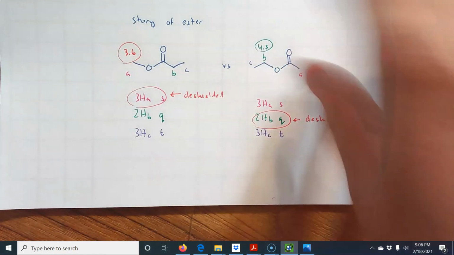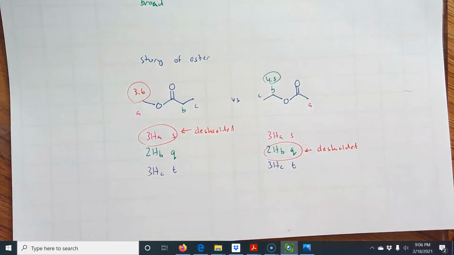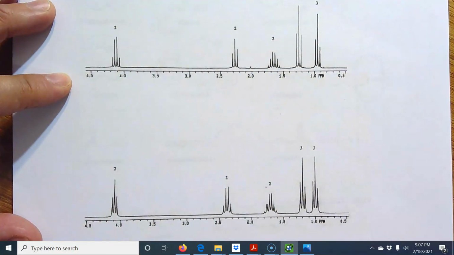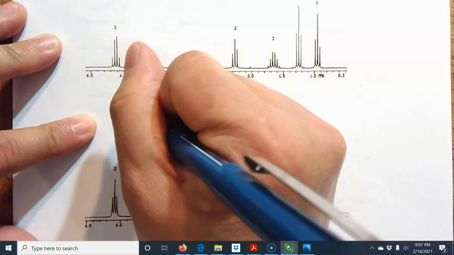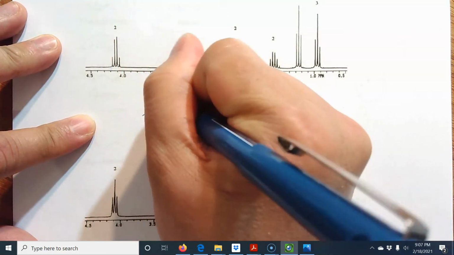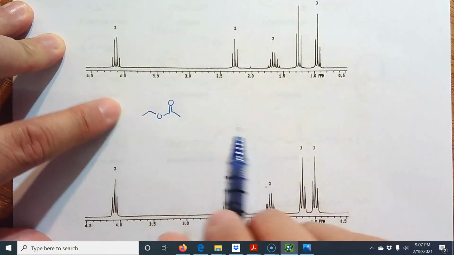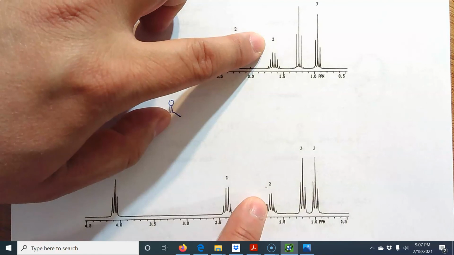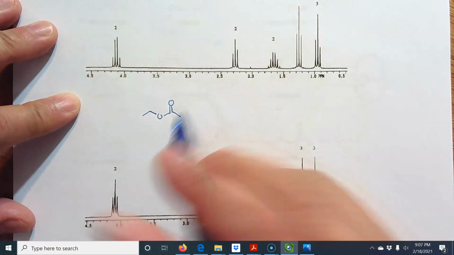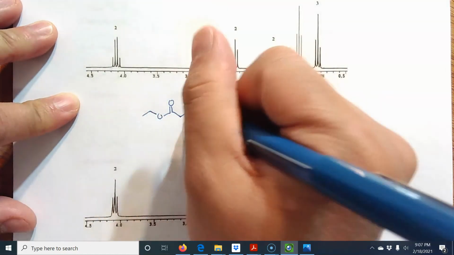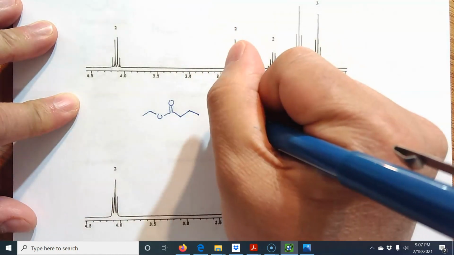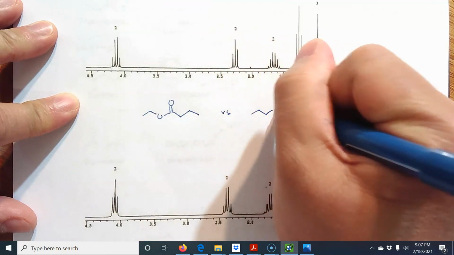But before I leave, let me show you the two esters. I think it's a really cool story. Oh, here they are. And I'm not going to tell you which is which. You figure it out. You could pause the video. Those are the two spectra. And one of them is this. I better give you the right structure. So both of them, see, look, 2, 2, 2, 3, 3. So one of them is that, and the other one is,